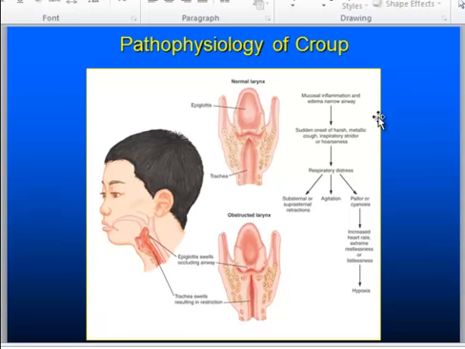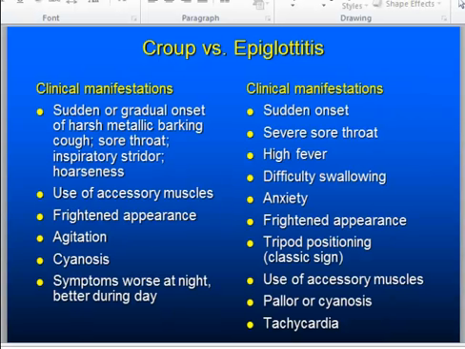So this gives you a good picture of how the normal airway, the normal larynx and the trachea, compares to the child that has croup. I don't want you to pay attention to the epiglottitis at this time. We're going to do epiglottitis in the spring, but know that croup